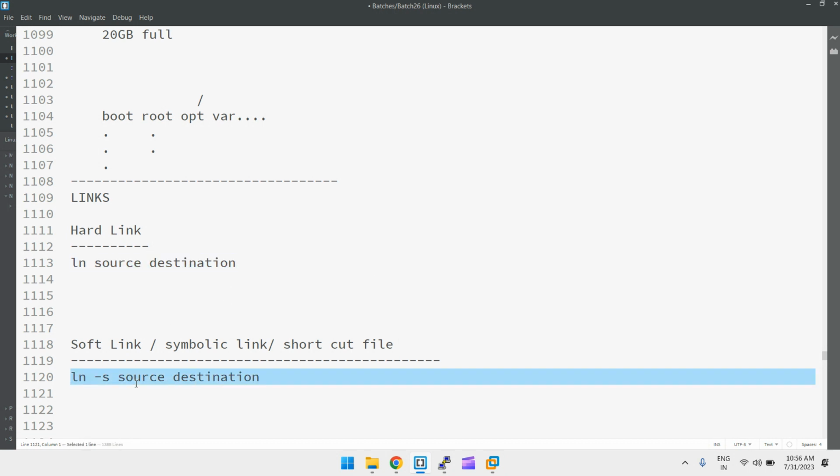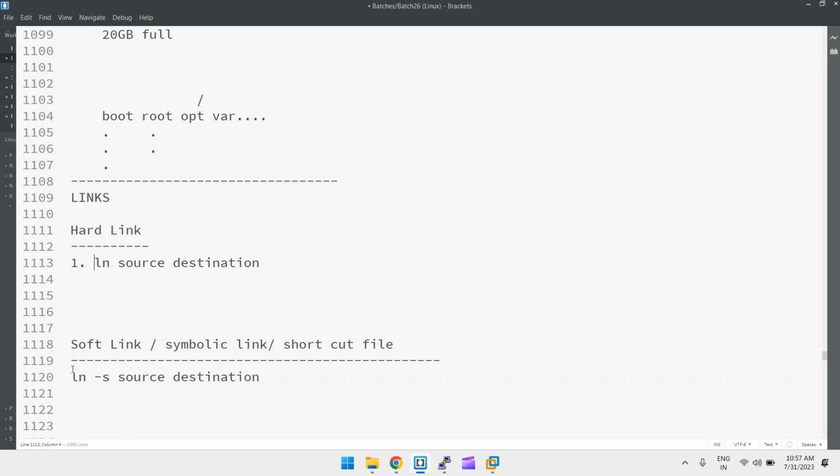ln -s source and destination. -s is for soft link. Okay, this is the first difference in creating a soft link and a hard link. Okay, the second one is,